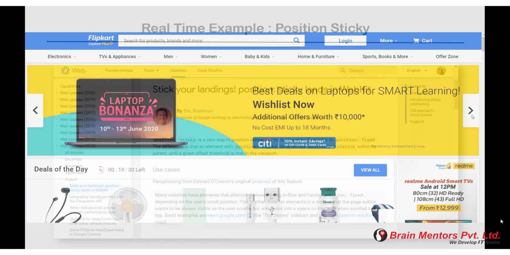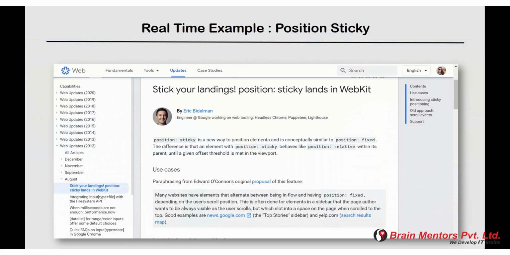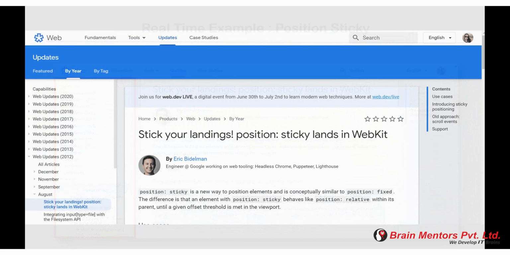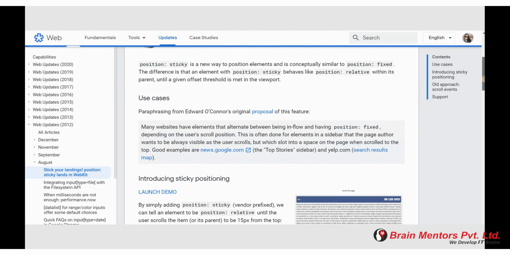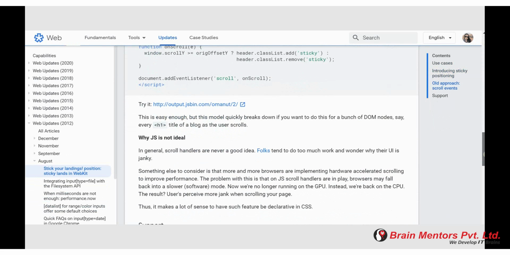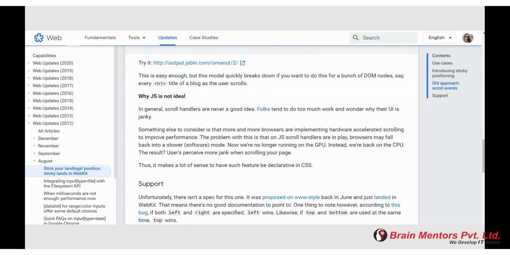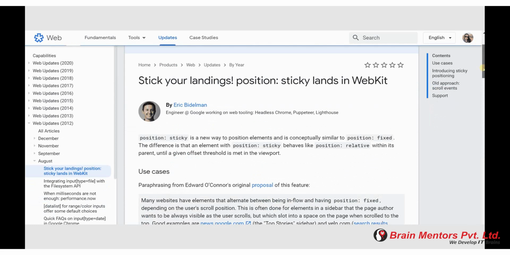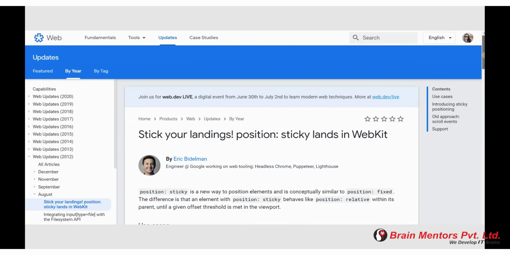Next, last example for position sticky. Here the left sidebar, or red highlighted portion, is an example of position sticky. Position sticky means it is fixed on the screen, same as position fixed, but with one difference. That is that position sticky is positioned based on the user's scroll position. Basically, it is sticky as per the properties like top, right, bottom, and left that we applied with any tag or element of an HTML.